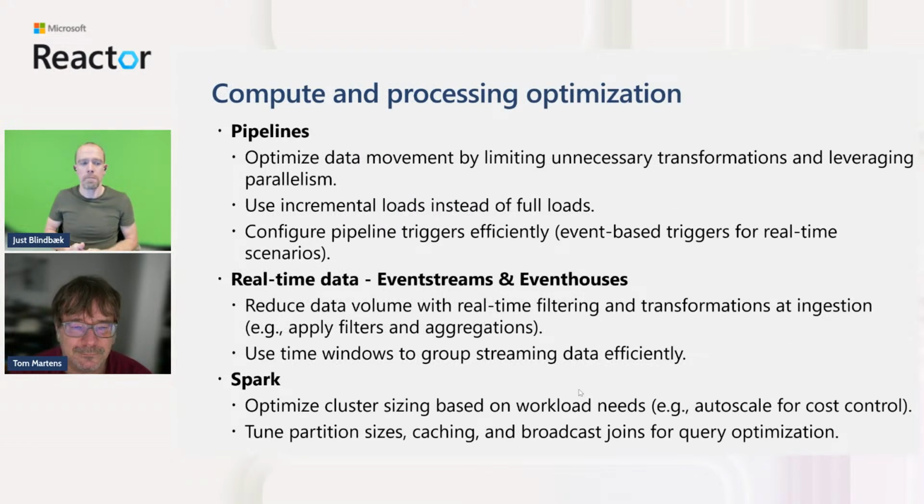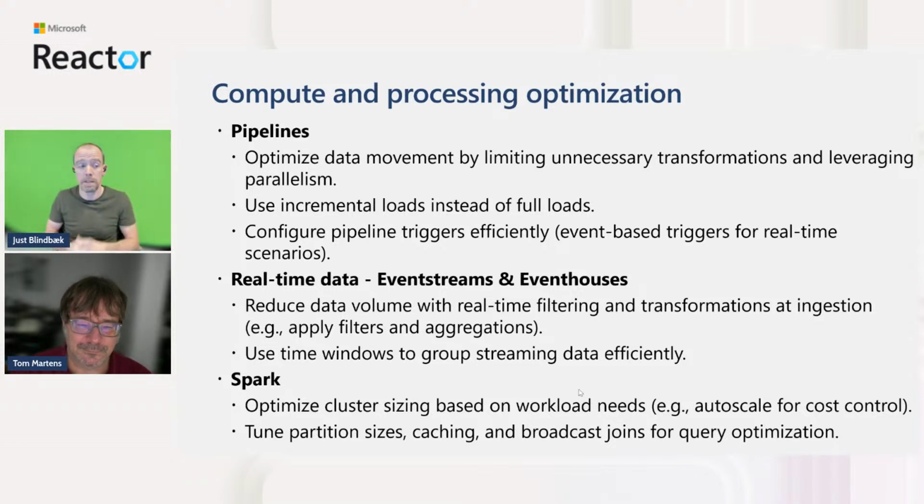Compute and processing optimization, the pipelines, there's a lot of things you can optimize with the Data Factory pipelines. One of the key things that I tend to do, and Tom also talked about it, is using incremental loads instead of full loads. So touching fewer data instead of just saying, okay, I will extract or ingest all the data every time. That's of course the easy way to implement it, but it's also costing more. So if you can only load the data from yesterday or today instead of all the history data, that's a good optimization